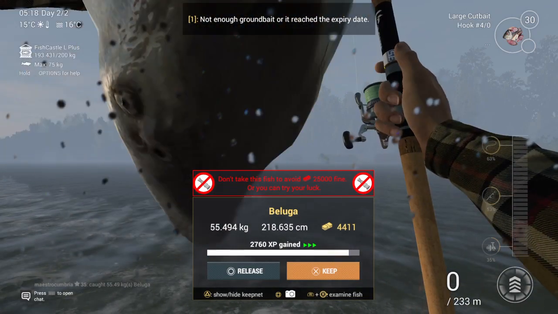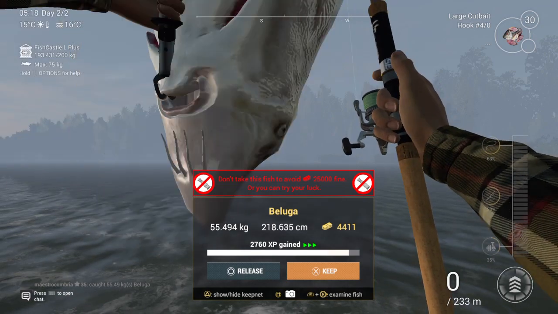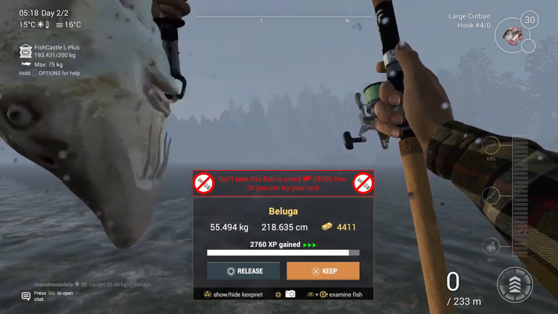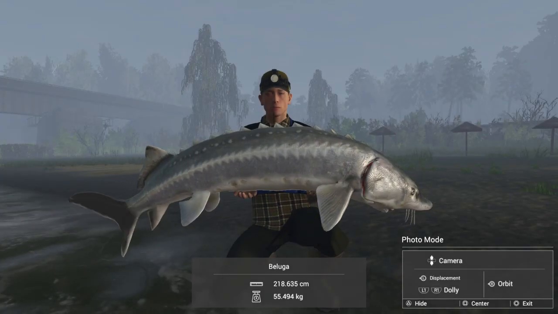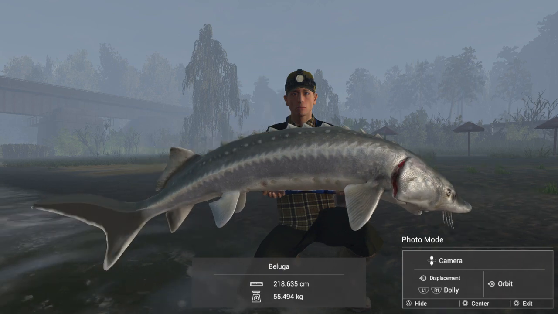beluga sturgeon. You can't keep it, but I just thought I'd show you this. This was like the biggest thing I caught. And also it's quite interesting that there was a funny glitch once I caught it and it was like spinning around, which was kind of strange. But yeah, you can't put it in your net, but I got a lot of money from it and a